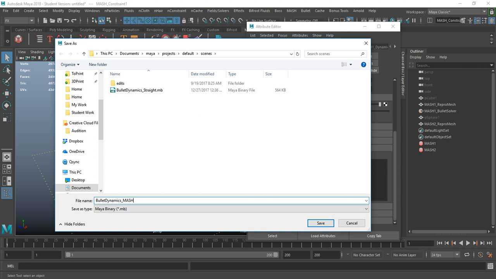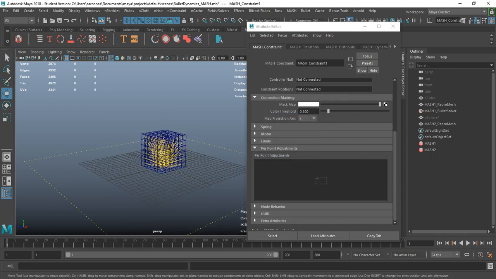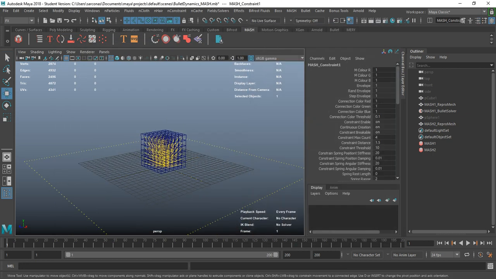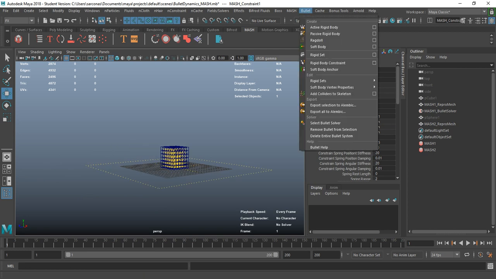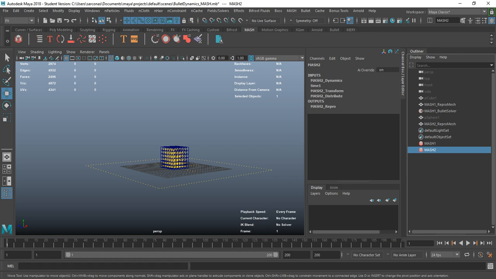Mash. Okay, now benefits of one versus the other. So the benefit of the bullet menu here is that we can add pretty much whatever item we want to this. I could make my own custom shapes and add them to that. Under the mash one,